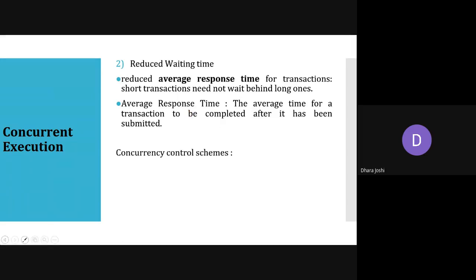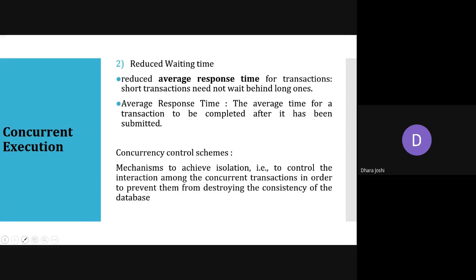So if we are doing concurrent execution, we have some concurrency control schemes, because if all the transactions are going in parallel, then we need some scheme to make sure that the database will not be affected if any of the transactions is not fully completed. So these are mechanisms to achieve isolation, like each and every transaction should be done in isolation.